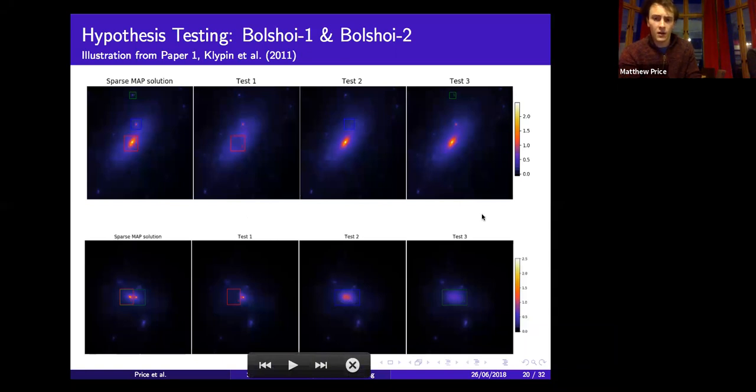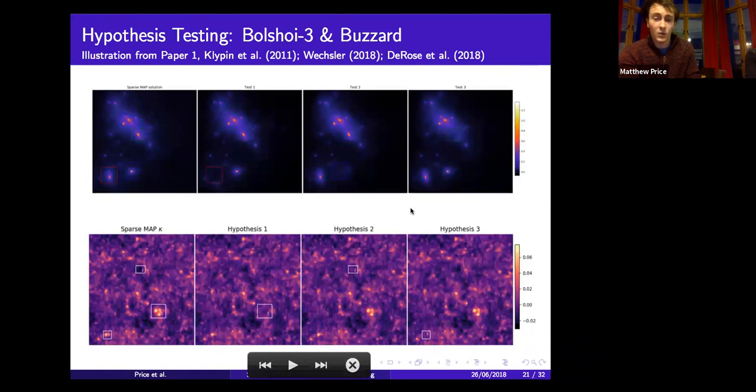So again, we do similar tests on a third Bolshoi cluster, and then we also do tests on some Buzzard simulation data. So these follow in exactly the same way. You observe some feature, you remove it, and you ask, is that physical or is that not? So this very large, I guess, triple peak here in the lower left image was determined physical. The smaller peak in the bottom left of the bottom left image was determined physical. And the small void, which you can see was test 2, was not determined physical, but that's mainly due to the intensity of the voids, which is significantly lower than the intensity of peaks.